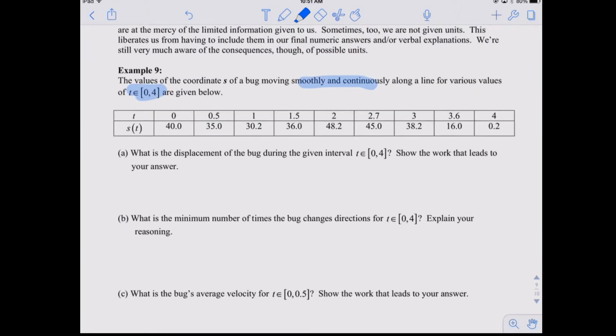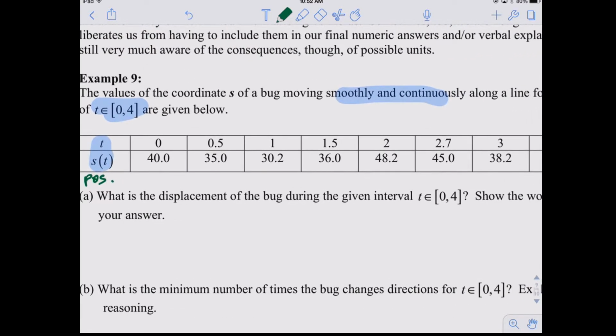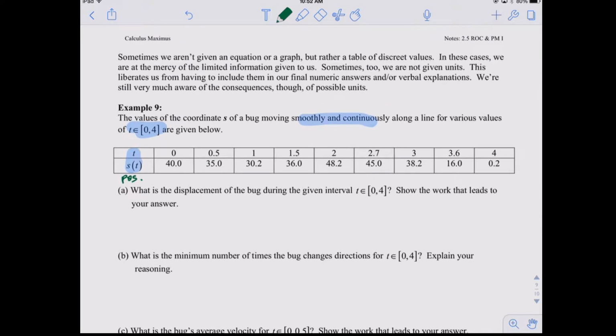It says that explicitly. So the first thing you want to do when you're given a table of values is to say, okay, what is it the table of values of? We have the position function. It tells us where it's at. The next thing is, what are the values given? Well, we're given values all the way from 0 to 4, which happens to be the interval